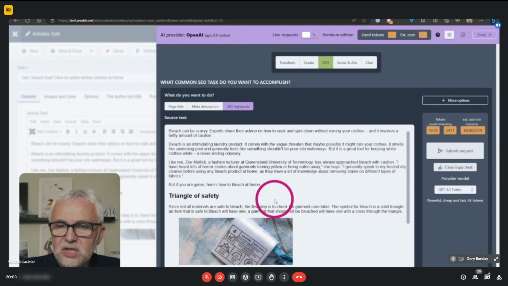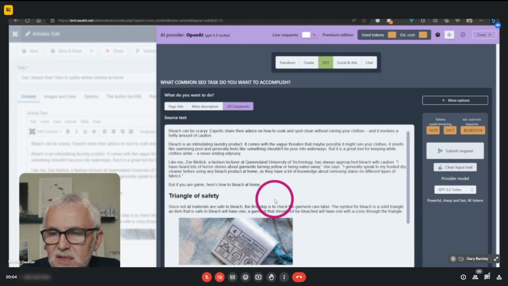What I wanted to mention is that I'm working here with Joomla articles, but it works the same with any editor that you have open. So it would work exactly the same if you are in Virtuemart editing a product description, or in JReviews, or in Hikashop, or in whatever extension you are using, as long as they are using the standard Joomla editors and the standard Joomla API.